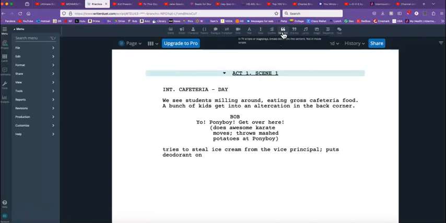Good question. I do think it depends on the context and your script. Especially if they're spending a long time in that other location, then I would make a new scene, a new slug line, a new action. But save yourself some time. If it's a really quick change, like in somebody's house going from the kitchen to the living room, you could use a parenthetical. If they're only there a little bit of time, just describe it in a parenthetical, and you don't have to go through the hassle of a whole new slug line and action. So that's what I would do in that case. Other question?